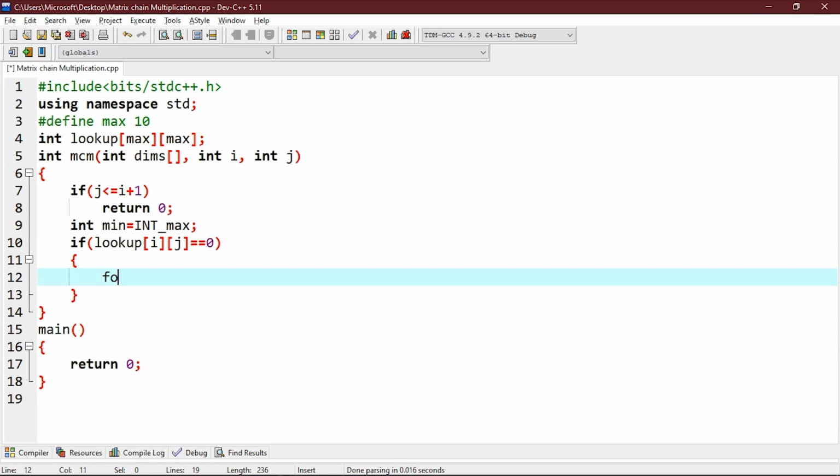So for int k is equal to i plus 1, k less than or equal to j minus 1, and k plus plus.